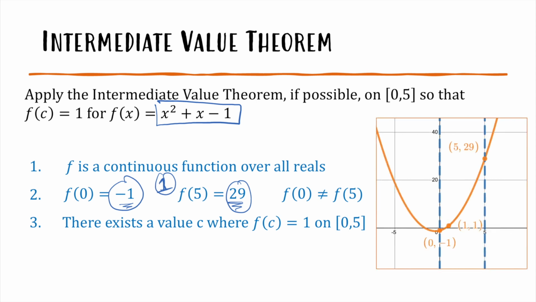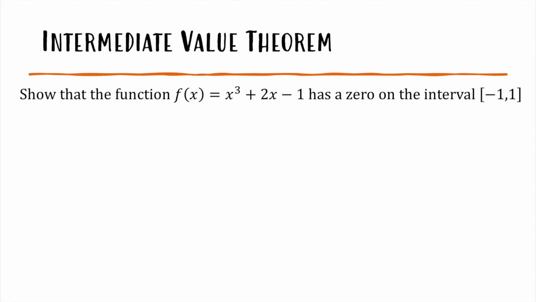Here's the graph just so you can see it. It's always good, if you do some sort of algebraic or analytic problem, to, if possible, always look at the graph. Now we're going to show that the function x cubed plus 2x minus 1 has a 0 on the interval